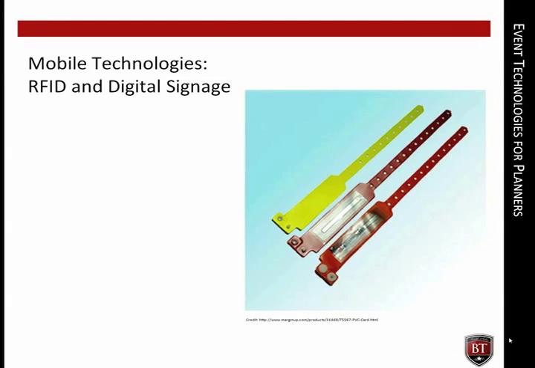Mobile technologies including RFID and digital signage. There are a number of technologies in this category. They include Intelligent Radio Frequency Identification, RFID, which has features such as electronic event guide and personal scheduler, social media and attendee networking with Twitter and event mail, session surveys and conference evaluation, floor maps and exhibitor information, tracking of